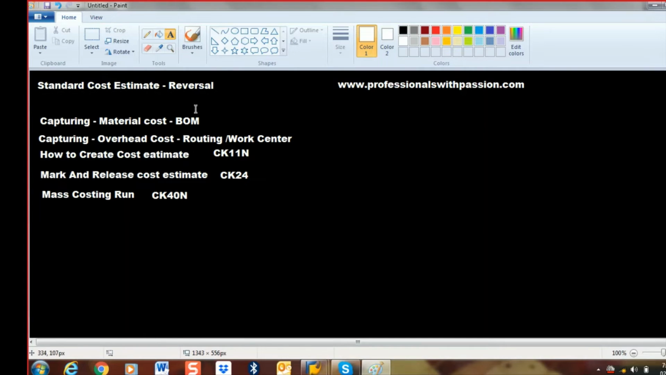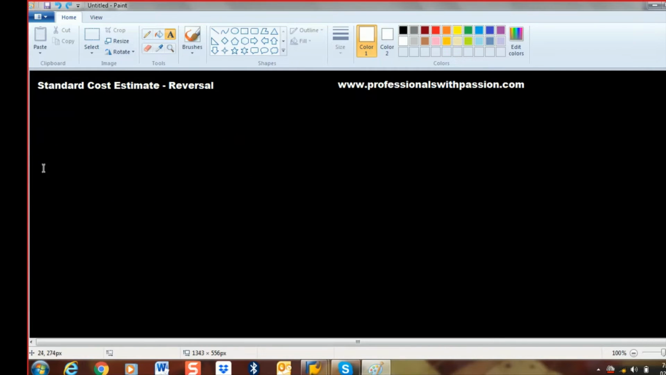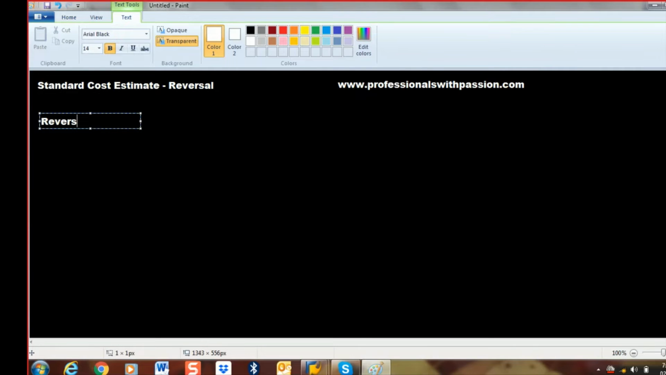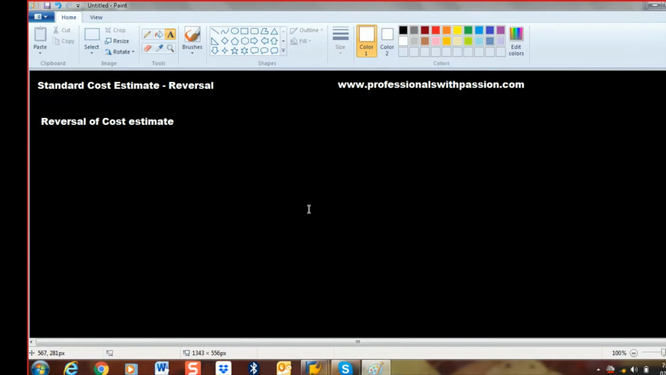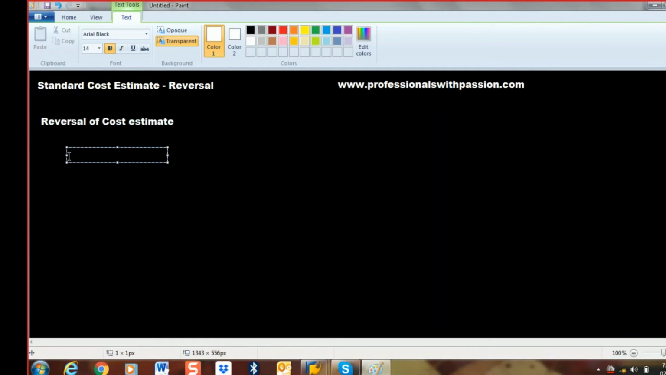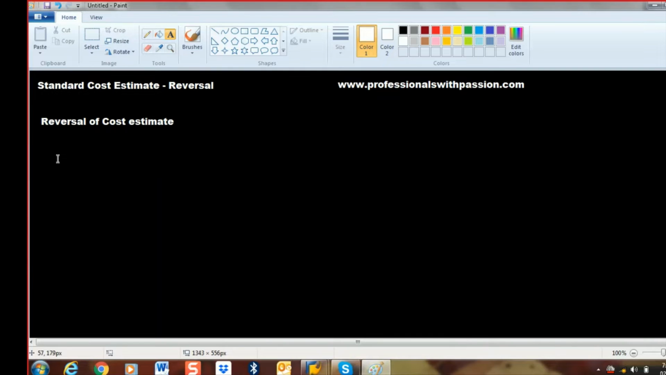Today I will discuss the reversal process, reversal of cost estimate. First of all, I'll explain in brief why we need to go for reversal and what the objective of the reversal is. First 10 minutes I'll explain this, later I will show the scenario in the system, and later you can ask your doubts. So the objective of the reversal of the cost estimate is, first of all, whenever we are releasing the cost estimate,